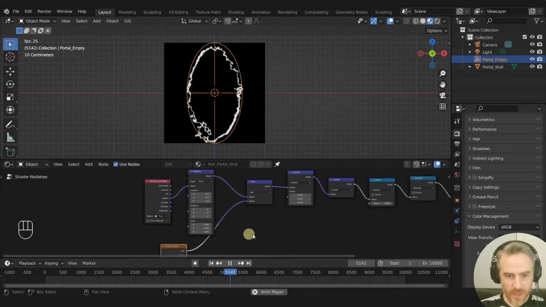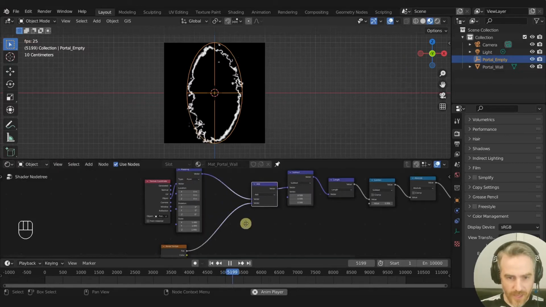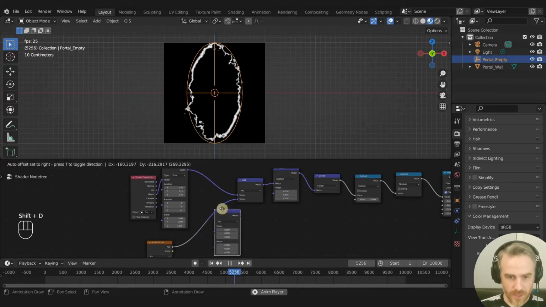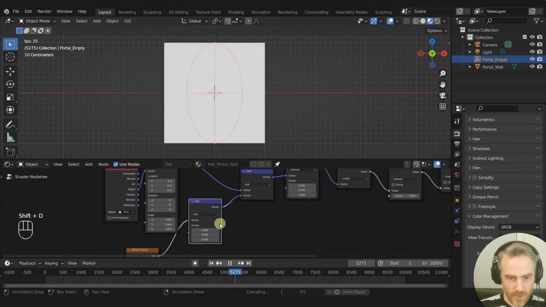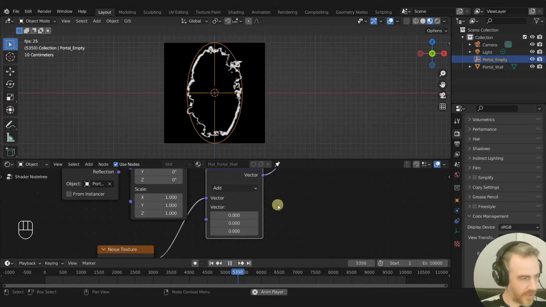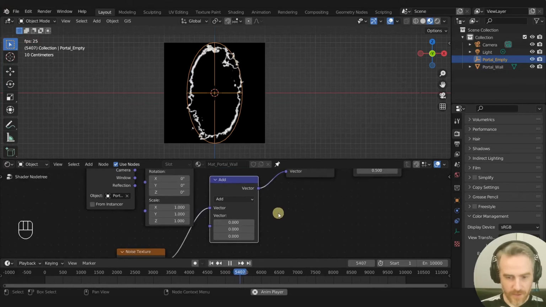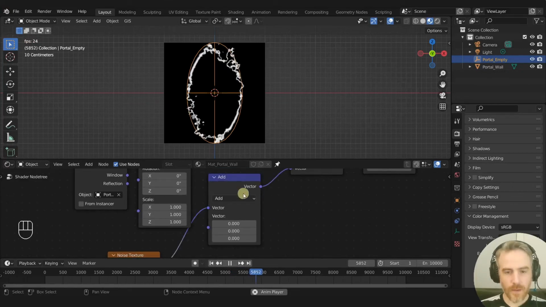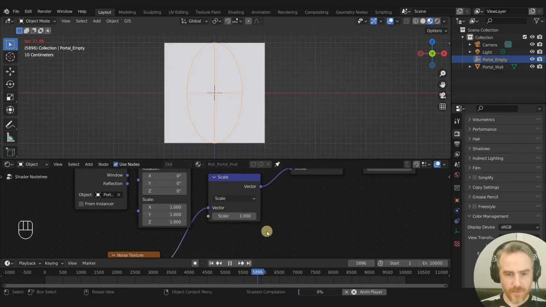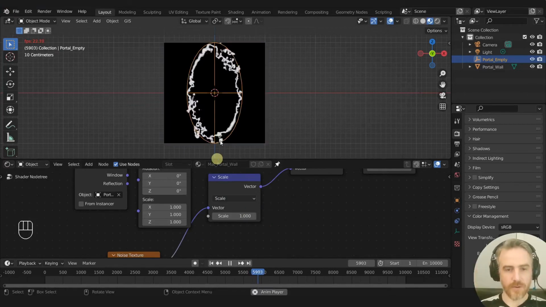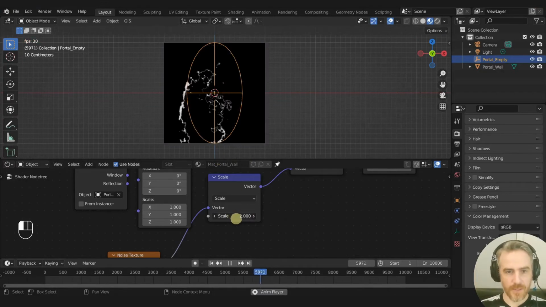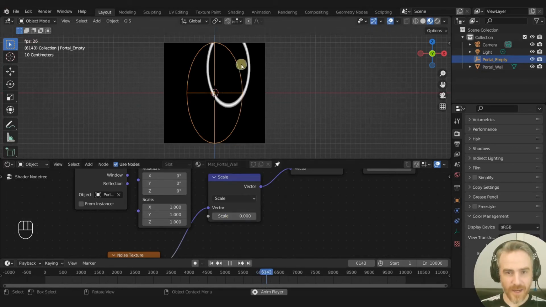So to do that, we want to add in a scale. So duplicate this vector math node, and my computer's going really slow. I guess it's maybe because I'm recording and I have a couple instances of Blender open, but we're going to change this to scale. And so this is going to help us scale the ring of our portal. So if I do this, you can see it does. I can make it more contained and thinner,